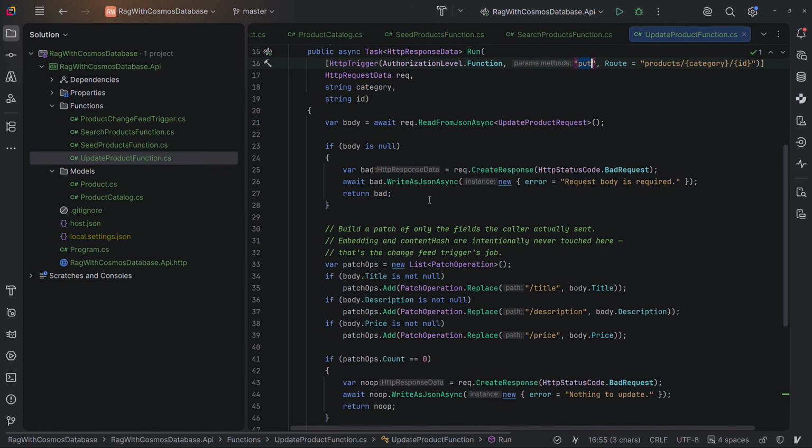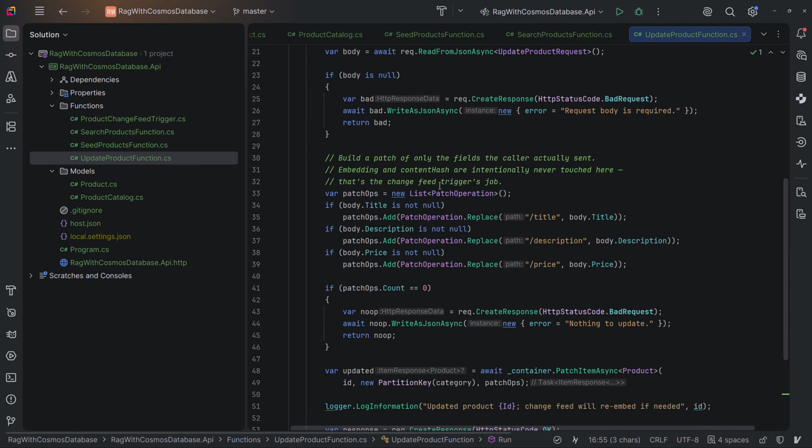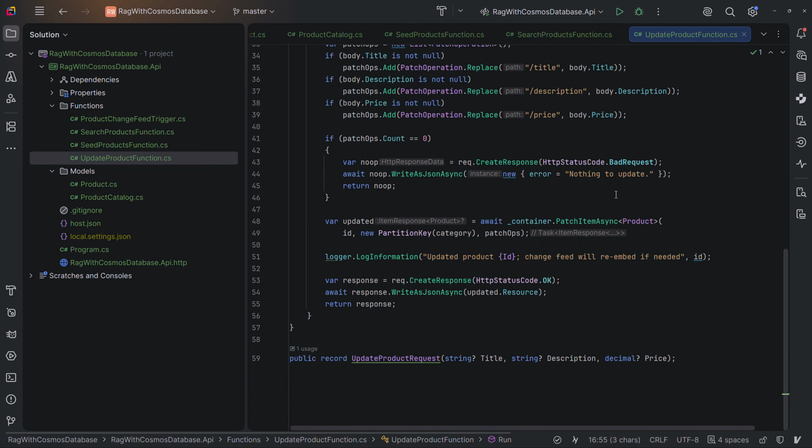And after the update and mutation happened, a change feed will basically get triggered. This function has a payload, which is the update product request. It has a nullable title, description, and price. And if we now check out the product change feed trigger,